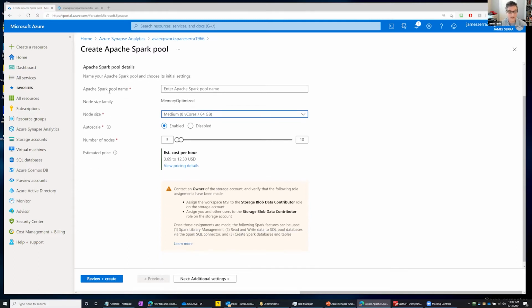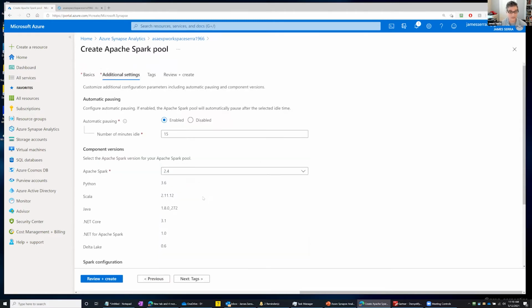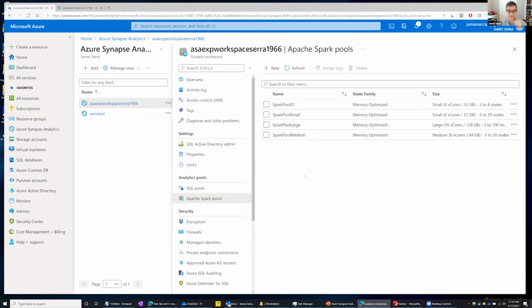And then in the additional settings, we have the ability to pause after a number of minutes. So this is a great way to save money. And then you can set up a number of different sizes, so you can give permissions to certain people, depending on the importance of the queries, for which particular Spark pool they can use.